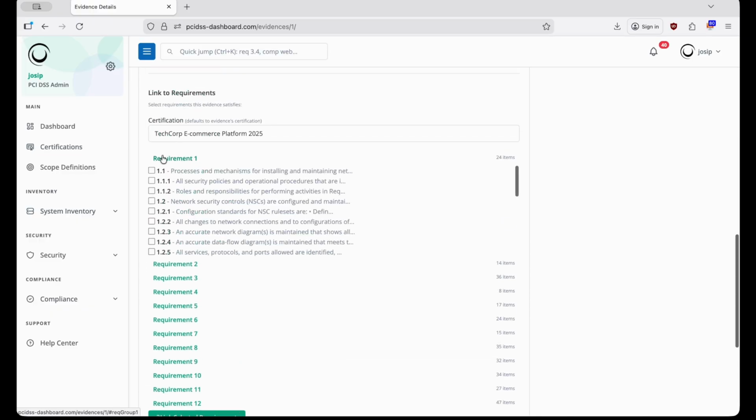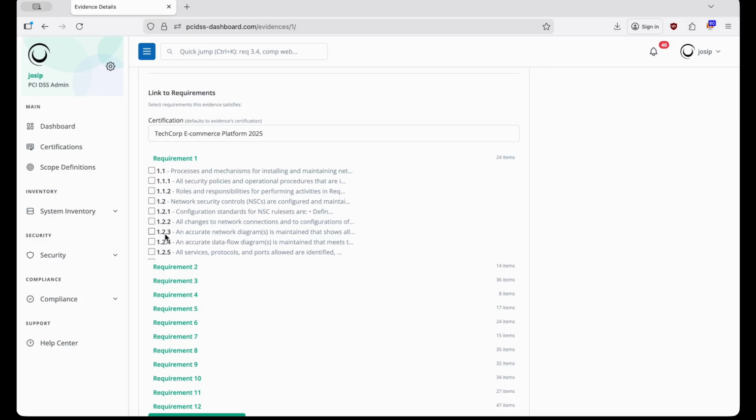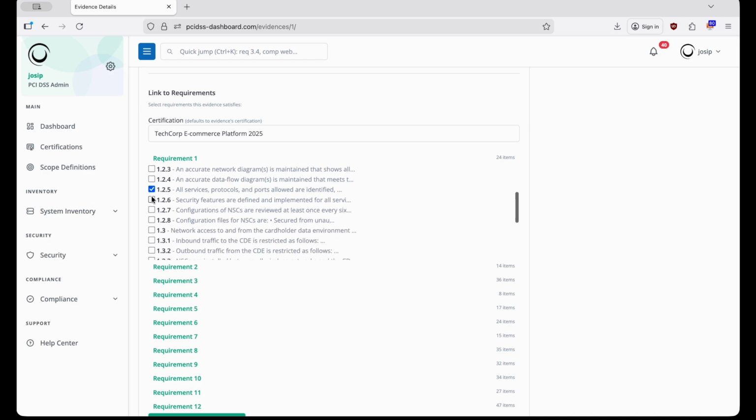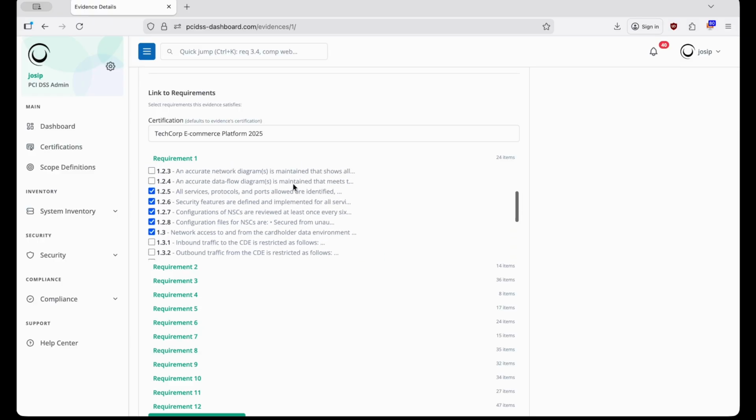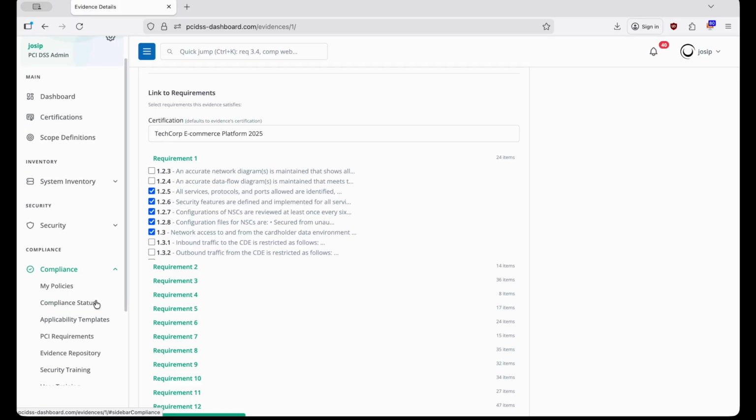So let's say 1, 2, 3 was an accurate network diagram, but if you are uploading a network diagram and that's covering, let's say, more requirements, then you can just assign this evidence to more requirements, and that will be nice, because later on you